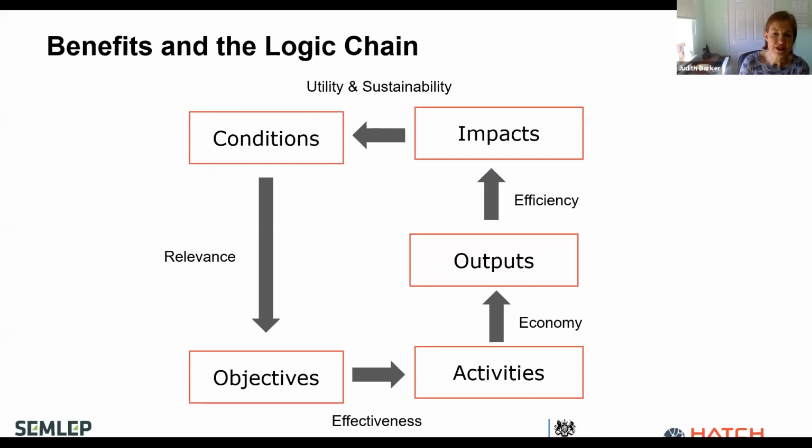What this slide does is bring out the golden thread of how all of this fits together. In the strategic case, we talked about having the problem and setting out the objectives. And now we've been talking about the outputs and the impacts. Obviously what you're doing is setting out this logic chain, or this golden thread, of how your